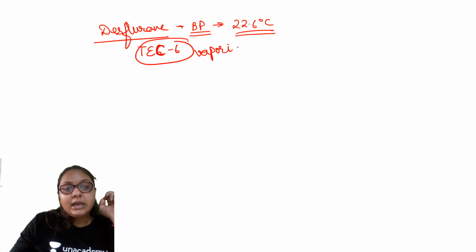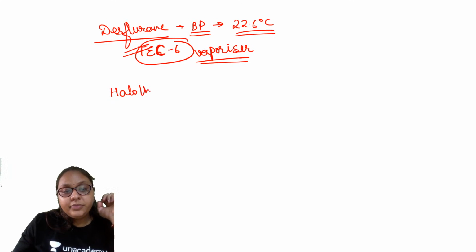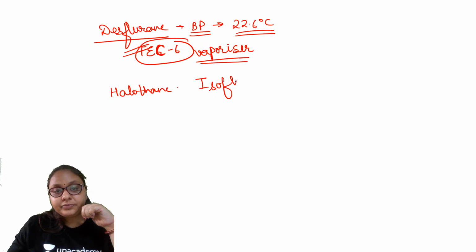Desflurane, as the boiling point is near the room temperature, therefore we need a special vaporizer which is known as the Tech 6 vaporizer. Halothane, isoflurane, sevoflurane